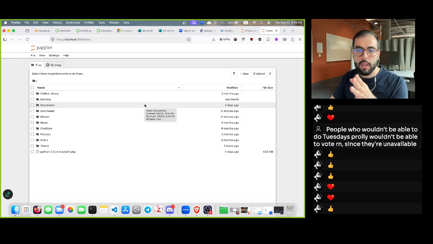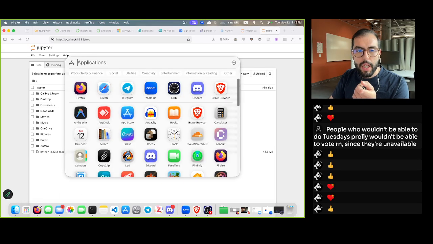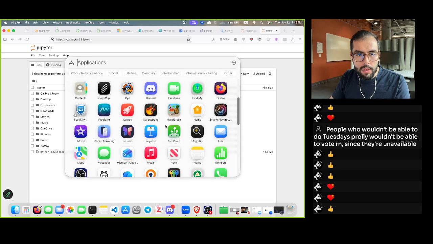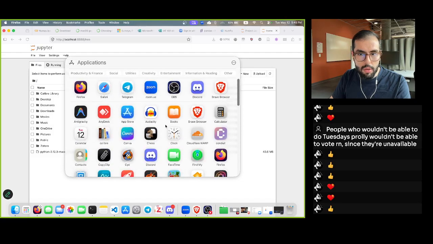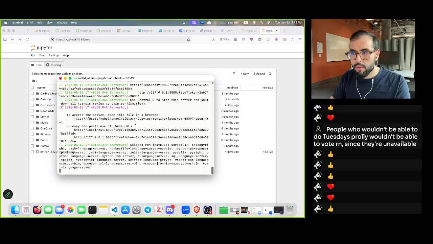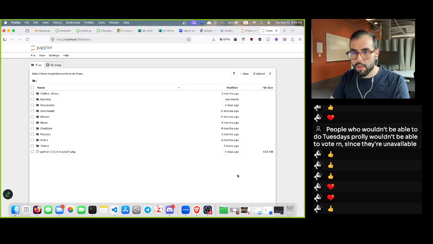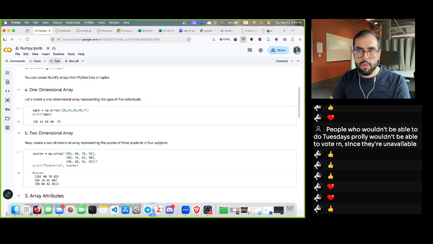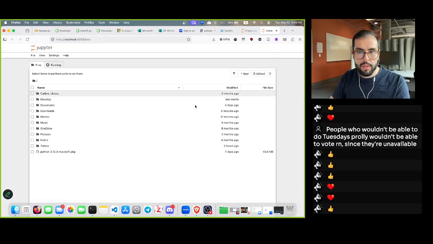If you install Conda on your Windows, you will have a graphical interface. On Mac, we are also supposed to have a graphical interface, but I couldn't find it. So if the terminal thing is really new to you and you don't know how to use this, don't fret, because you will have a graphical interface. I have put the link to installation on Discord. But if you open Jupyter Notebook on your system, it actually opens as a page on a browser. So either on Google Colab or on your system, you have it as a tab